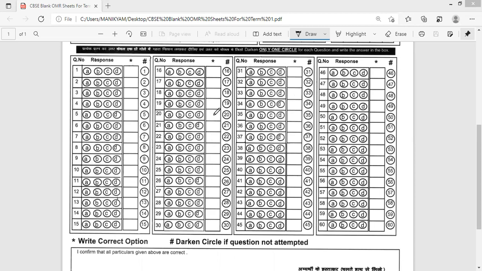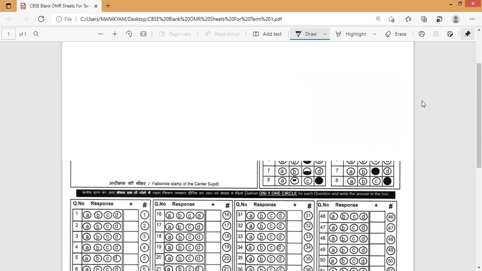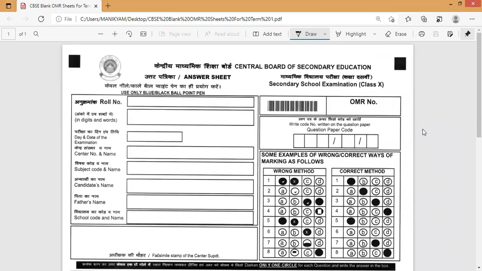Now coming to here, the first point is, if you take the CBSE OMR sheet for every exam, you have already received different exams, suppose English, Maths, Science, and different exams have a different number of questions. Some exams have 40 questions, some have 50 questions, some have 60 questions. So this is the first part of this OMR sheet, where you have to fill in your candidate details, etc. The invigilators will help you during the examination regarding center code, school name, etc. You will need to concern yourself with this one.